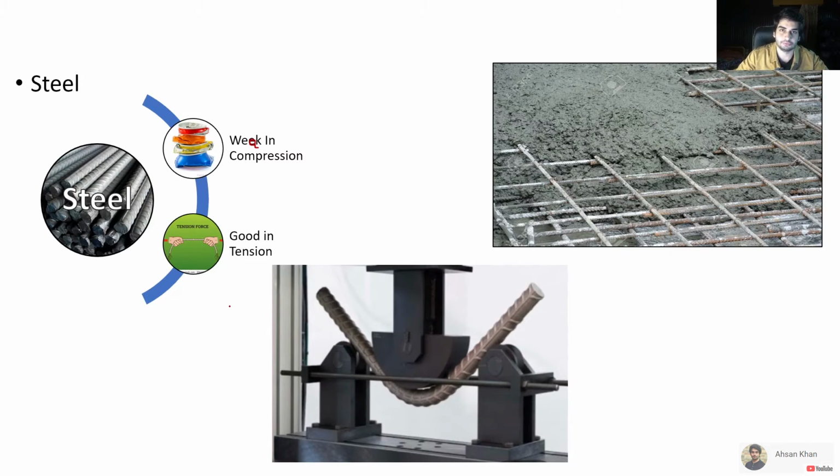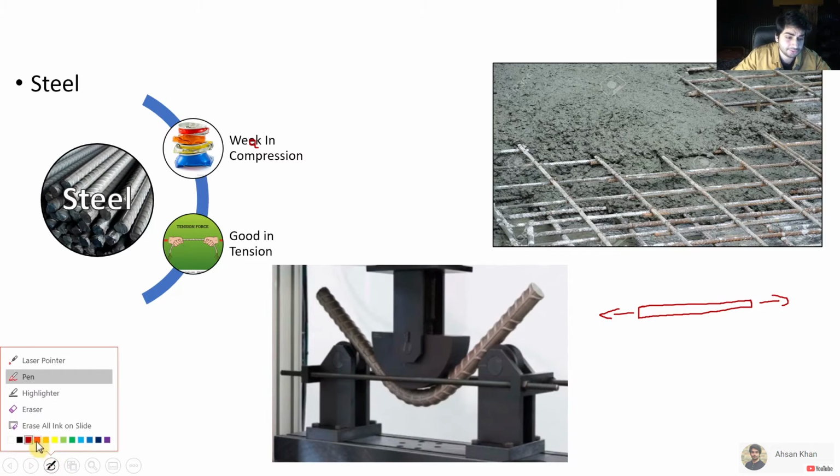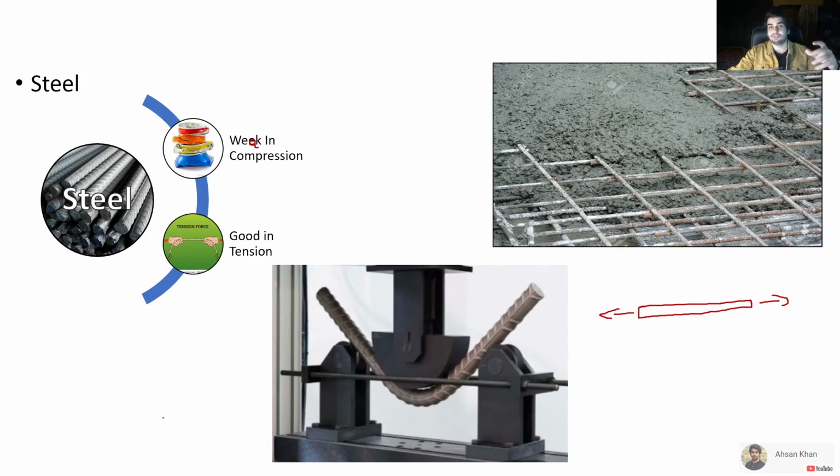Maybe let's just take an example of a structure, right? But before the structure, you can see how the steel bar is bent here, and it's not cracking. So what usually happens in a steel bar when you apply a tensile force and try to pull it apart, when you apply tension on both sides? What happens in the steel rod, which is not happening in the concrete, is that when you pull it apart like this, there is an elasticity up to a certain